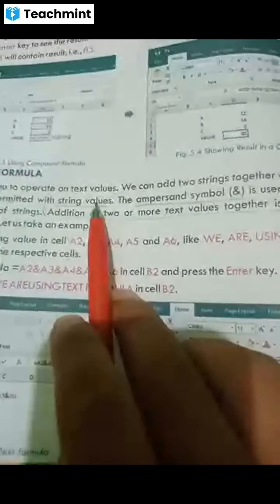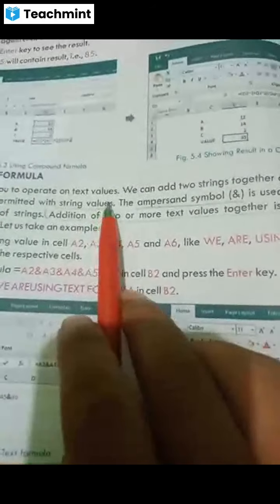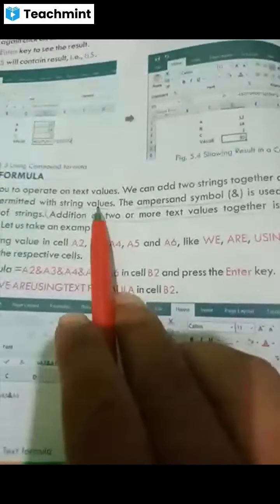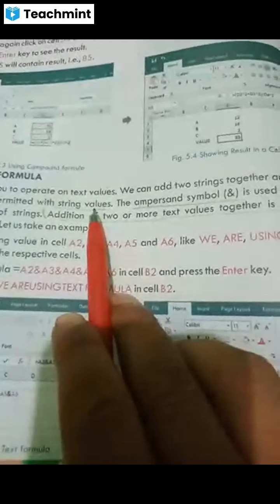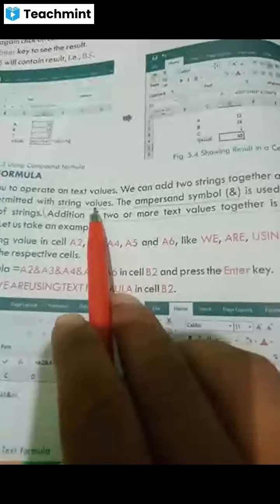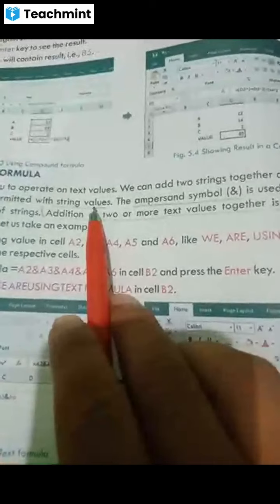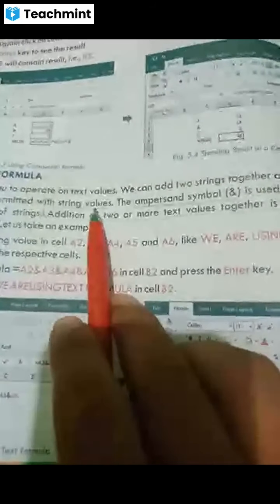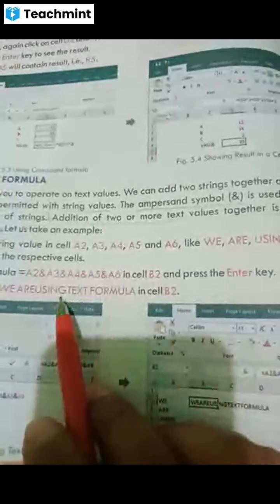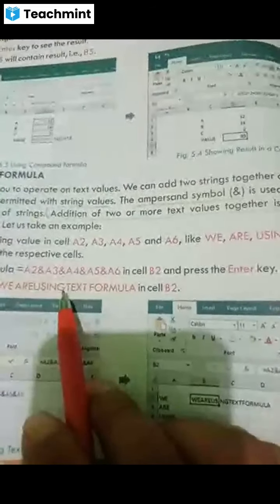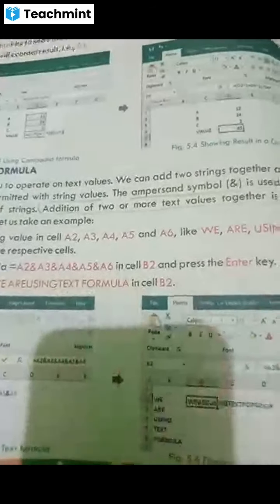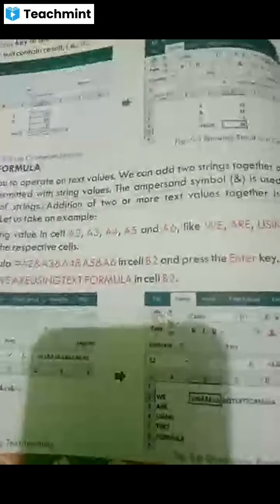It is called a string value. A string value is also known as a text string, or simply we say text. Any problem?